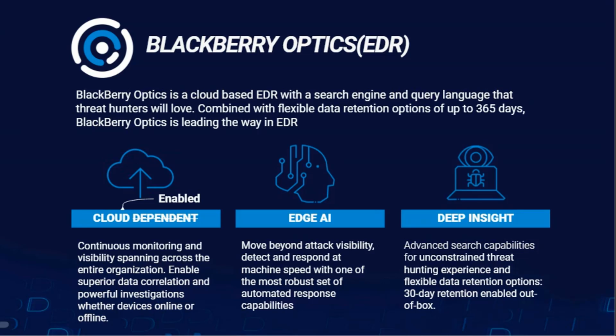But what happens is the detection and automated response still sits on device with our edge AI capabilities. What that means is you can mitigate those attacks in milliseconds. You are limiting the attack surface, and you have a robust set of automated response capabilities. You can isolate endpoints automatically, you can quarantine files, you can kill processes, kill process trees. You have the ability to customize the response and cater it to each of the rule settings that you have available with Optics. So that is powerful.